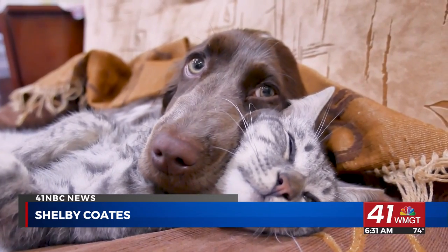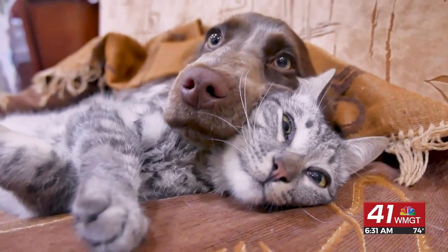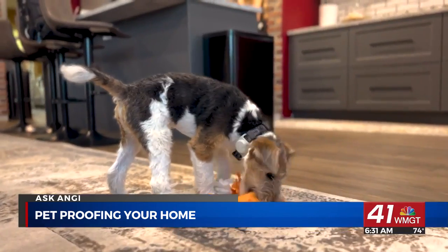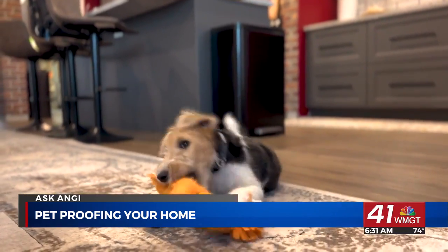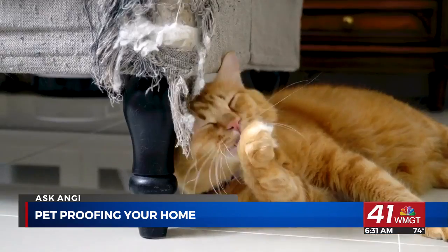When you bring a new pet into your home, you're going to want to think of new storage solutions to make sure that you have space for all of their supplies. That could include a designated area to store all of their toys, or if the pet is a dog, you may want to install a hook by the front door for easy access to a leash. For kibble and treats, consider buying airtight containers. That can keep the food fresher for longer, it'll keep pests at bay, and it will prevent the unwanted smells